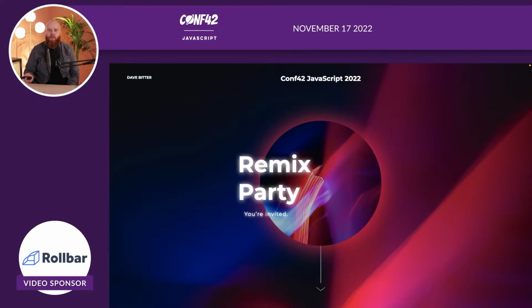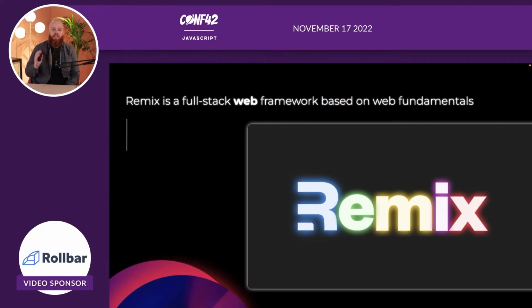So what does Remix do? How does it work? Why should you use it? We're going to cover everything in the next 35 minutes and have a look together at web fundamentals, which is always a very good thing to do between developers. So let's get started. Remix is a full stack web framework, emphasis on the web part, based on web fundamentals. So it will have both client and server side, and it's going to try to use web fundamentals to smartly talk between the two of them and to help you really leverage the browser, leverage the web as a platform instead of working against it.